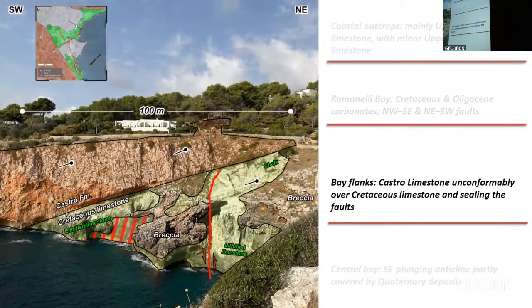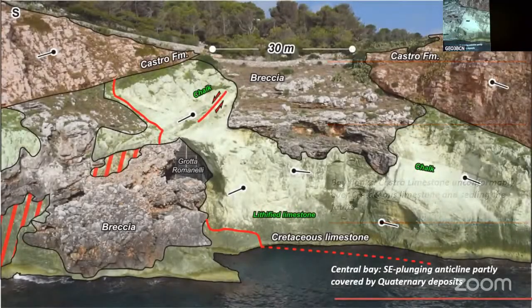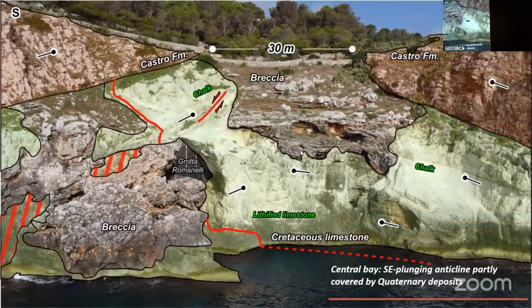The flanks of Romanelli Bay are characterized by the Castro Formation, which is, well, a little bit unconformably on top of the Cretaceous limestone and is sealing this kind of normal fault. That's the entrance of the Grotta Romanelli. And the frontal view, very nice, with this open and gentle anticline, covered by Quaternary breccia, and well,